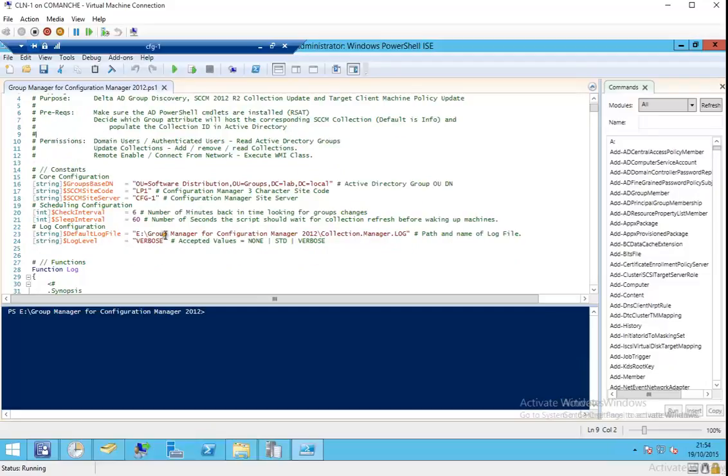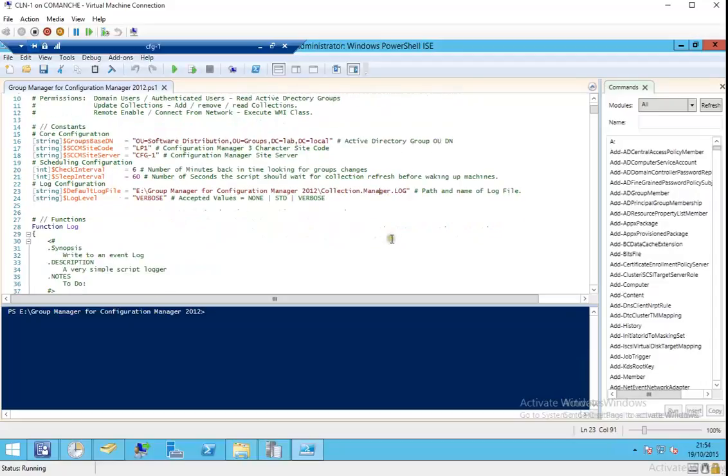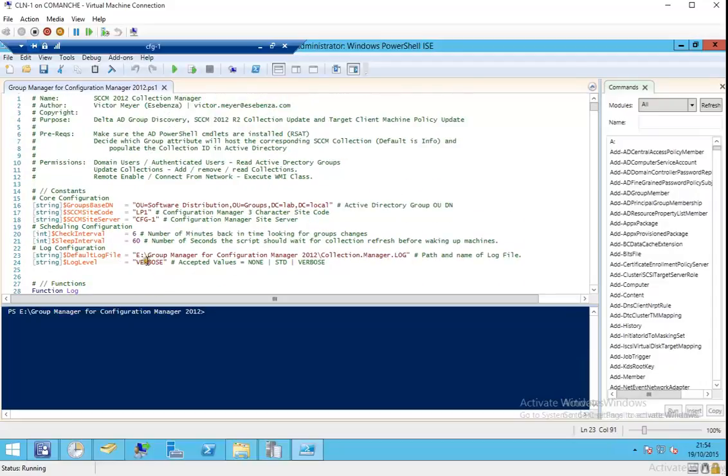And then finally set up your log directory and your log level. For this demonstration I'll be setting it to verbose so we can have a good look. Specifically, I've left it as verbose because I want to show you some of the considerations around permissions, especially permissions required to connect remotely to a Configuration Manager client and invoke a machine policy and an evaluation cycle,